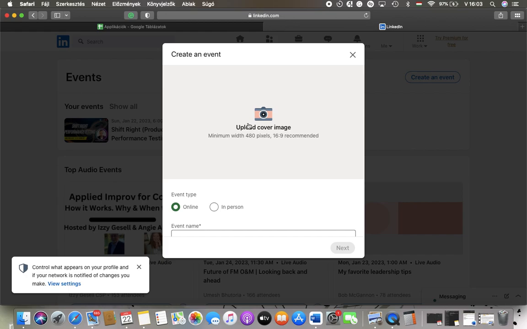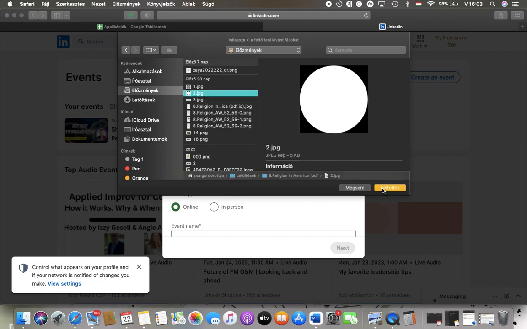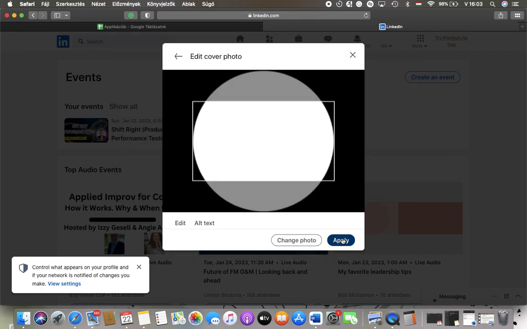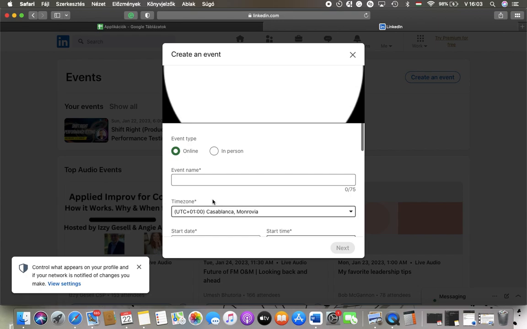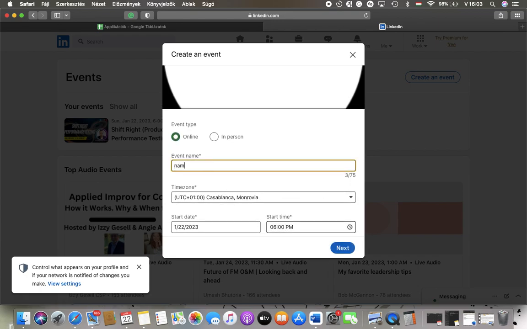You can upload a cover image. As you can see, if you tap on it you will be directed to your files. Select a picture and tap on upload. Then you can tap on apply, select the event type, online or in person, then type in the event name,